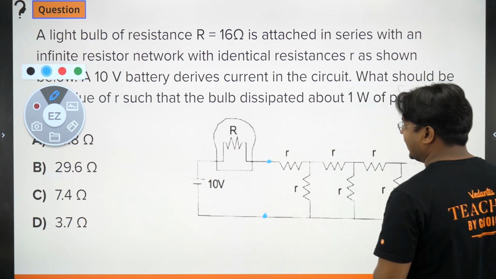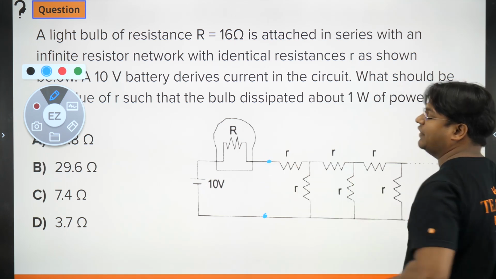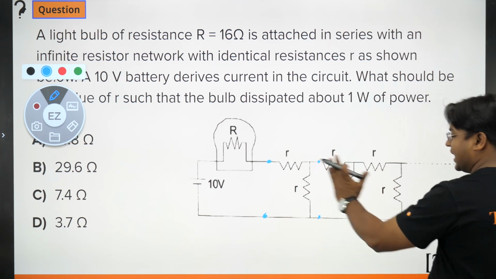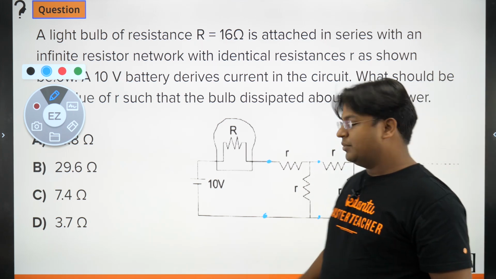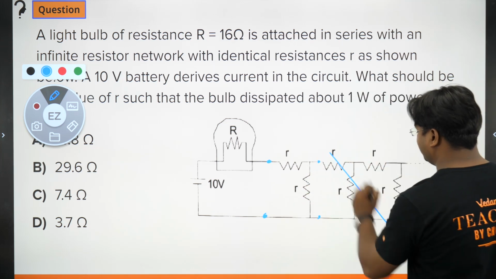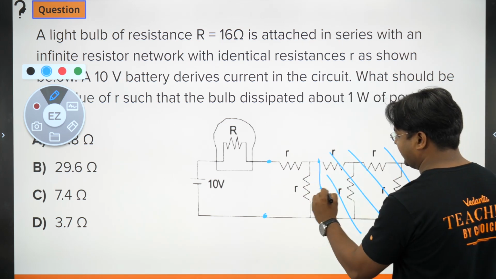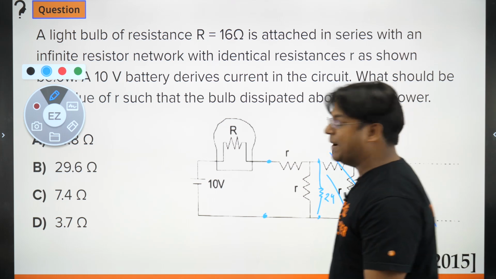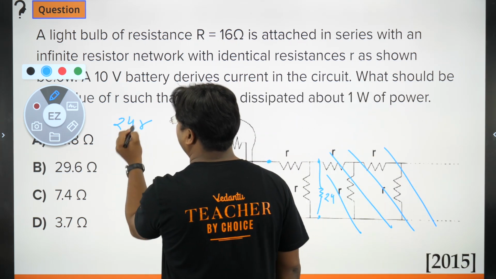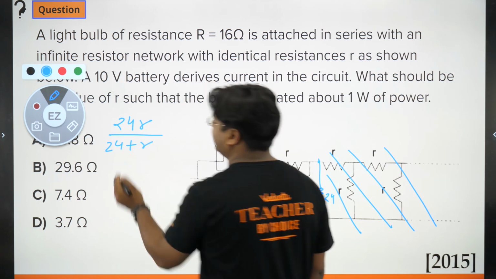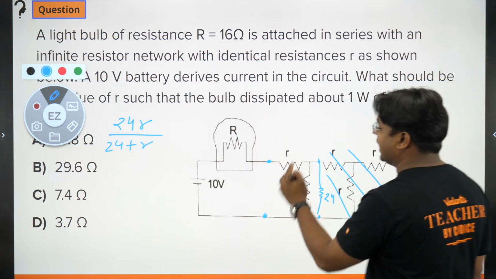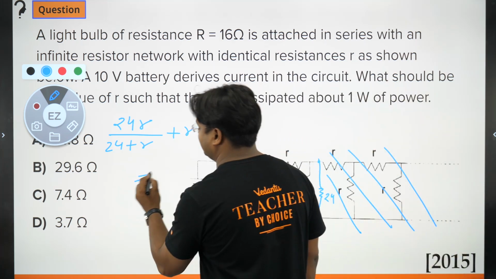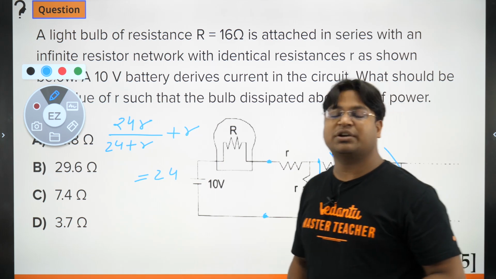इस पूरे सर्किट को इग्नोर कर दो अब। सो आई कैन से कि इस पूरे नेटवर्क की वैल्यू अगर x है विच इज 24 राइट नाउ, तो इसके आगे पूरे नेटवर्क की भी x ही होनी चाहिए बिकॉज सिमिलर नेटवर्क इज देयर। तो अब हम इस पूरे नेटवर्क को हटाकर यहां पर एक सिंगल रेजिस्टेंस मान लेते हैं 24 का, तो ये 24 और ये R कनेक्ट हो गए पैरेलली, तो ये हो गया 24R डिवाइडेड बाय 24 प्लस R, ये हो गया इन दोनों का रिजल्टेंट। इसमें अगर R और जोड़ दूं मैं तो अब हो जाएगा इन दोनों पॉइंट्स के बीच की रिजल्टेंट वैल्यू विच इज इक्वल टू 24। ऑलराइट, सो दिस इज द इक्वेशन जिसको हमें सॉल्व करके